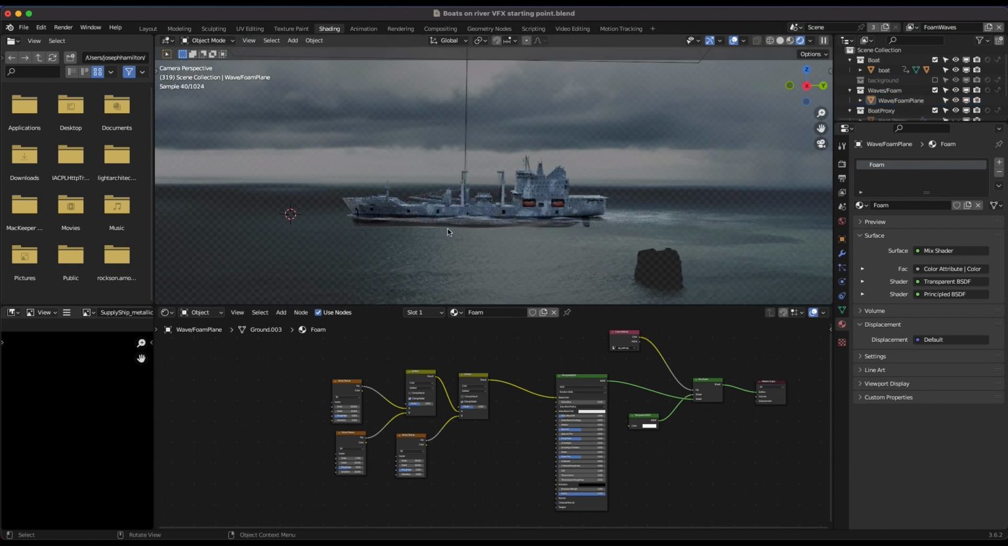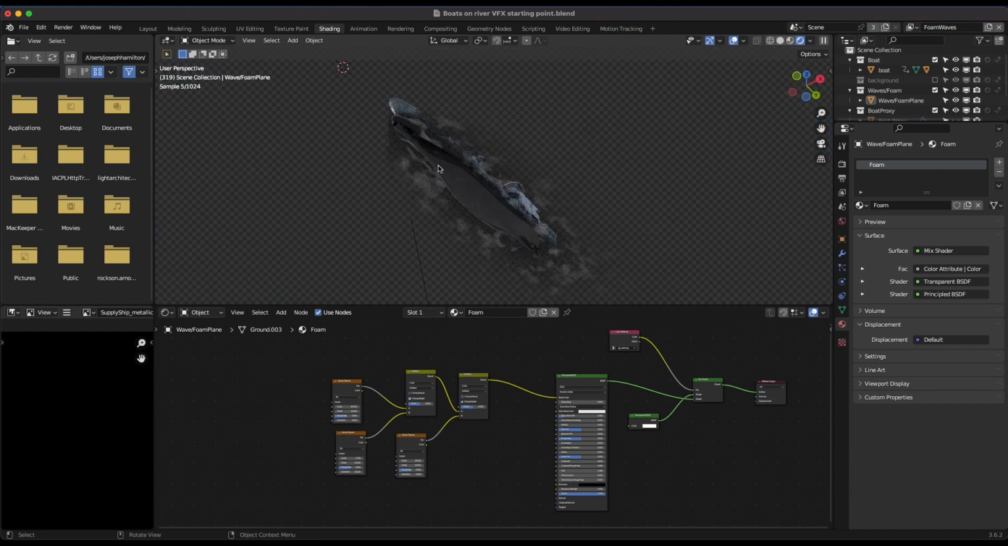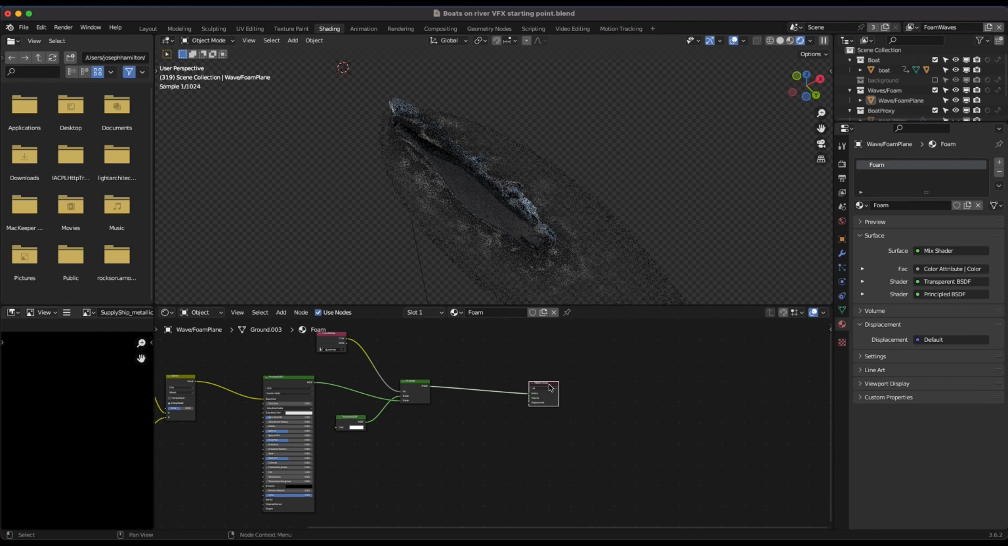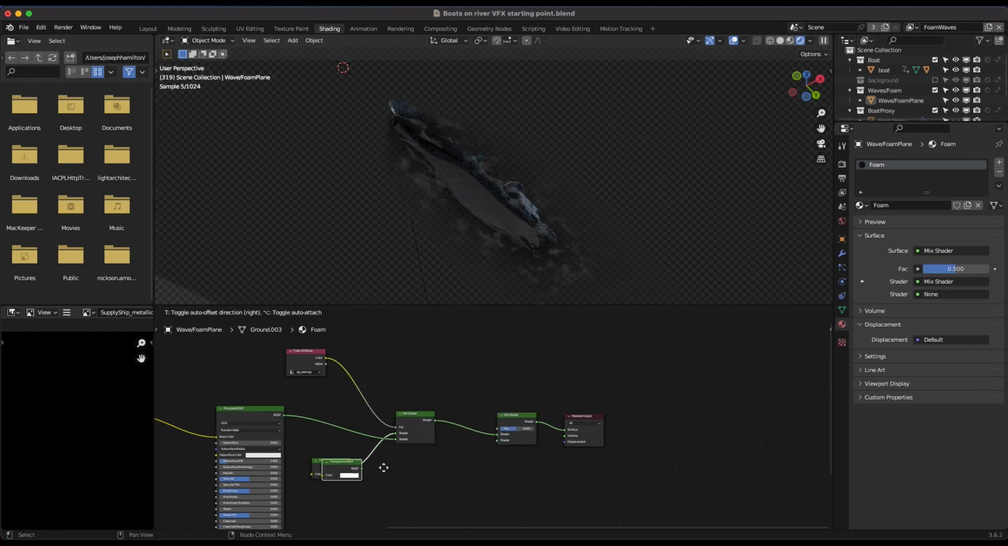Now, one thing we want to do is make sure that this foam system only shows up on one side of our boat here. So we don't want to see it through the bottom of our plane here. To deal with that, we'll go to the end of our shader node setup, and I will add another mix shader. So I'll press Shift D on this one, duplicate that. Then I'll add another transparent shader, put this one in the bottom input of the mix shader,